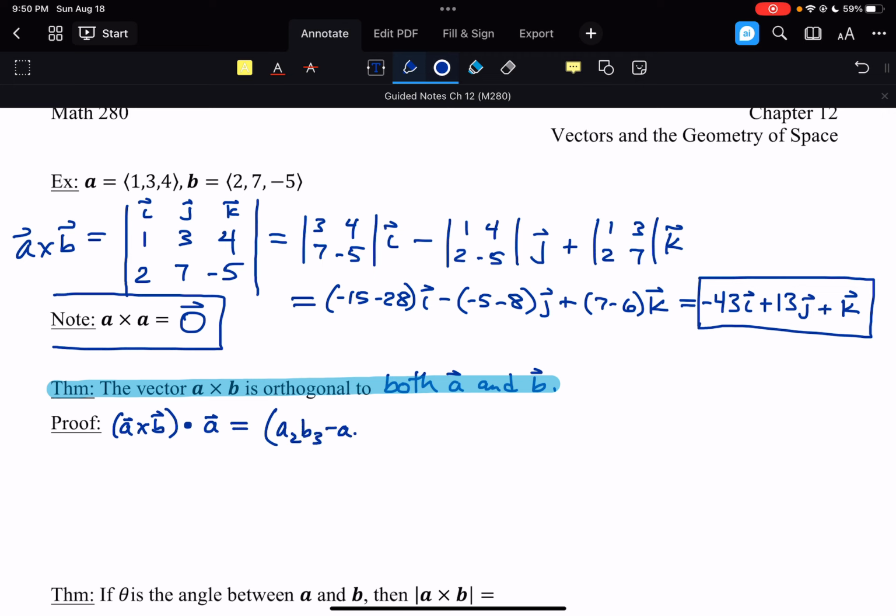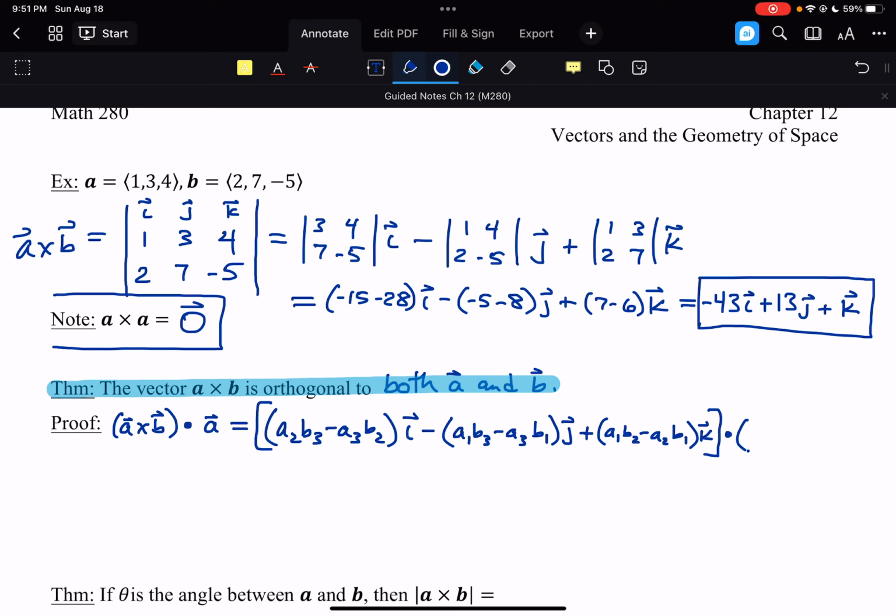A2B3 minus A3B2 i, minus A1B3 minus A3B1 j, plus A1B2 minus A2B1 k,